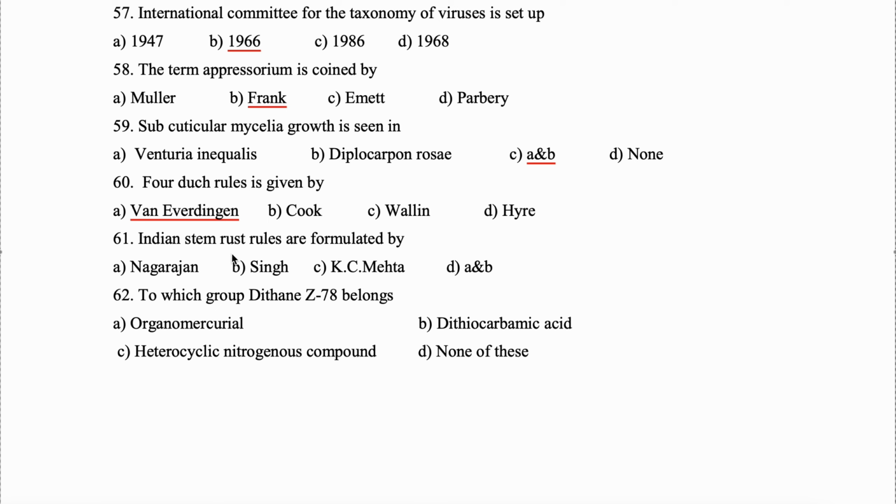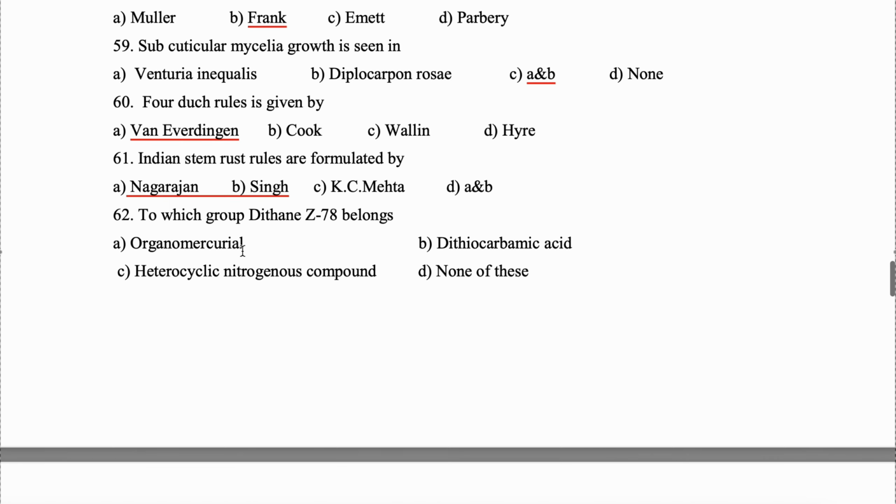The Indian stem rust pathway was given by Nagarajan Joshi, right? But the Indian stem rust rules were formulated by Nagarajan Singh. So Nagarajan is the name and Singh is the surname. We need to remember this. And there are total 3 stem rust rules, Indian stem rust rules. Question 62. To which group does Dithane Z78 belong? It is